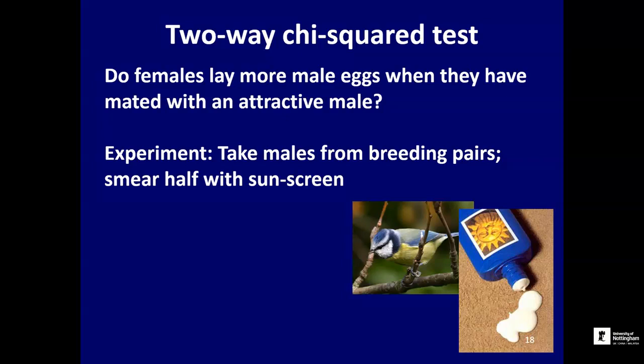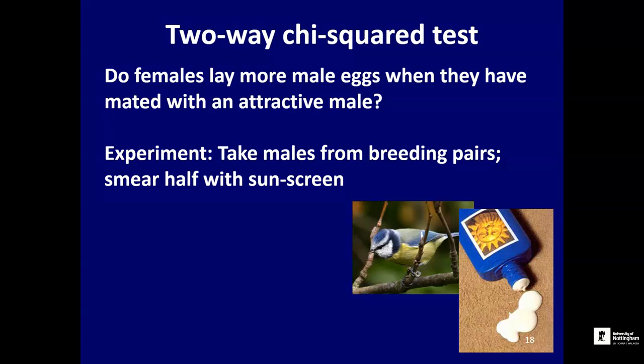So the female, looking at a male covered in sunscreen, sees a dull blue male that's not attractive. Whereas in the control birds in the experiment, where they didn't apply the sunscreen, the plumage appears relatively bright and blue. So the experiment involved producing two groups of male blue tits that were different in their sexual attractiveness because